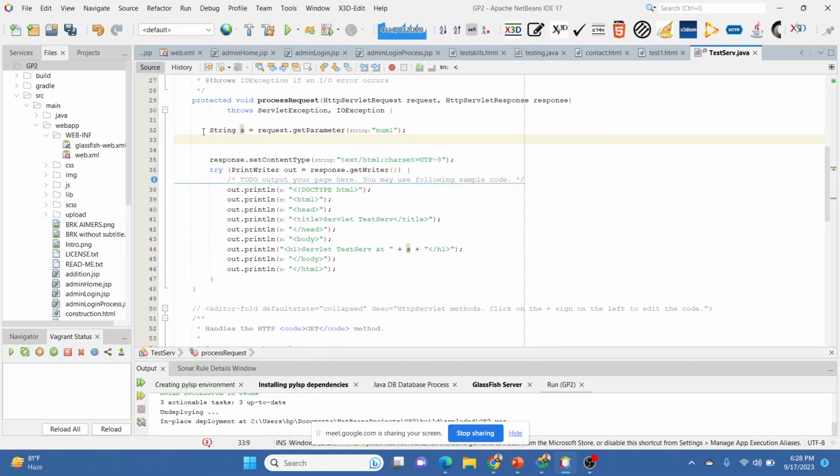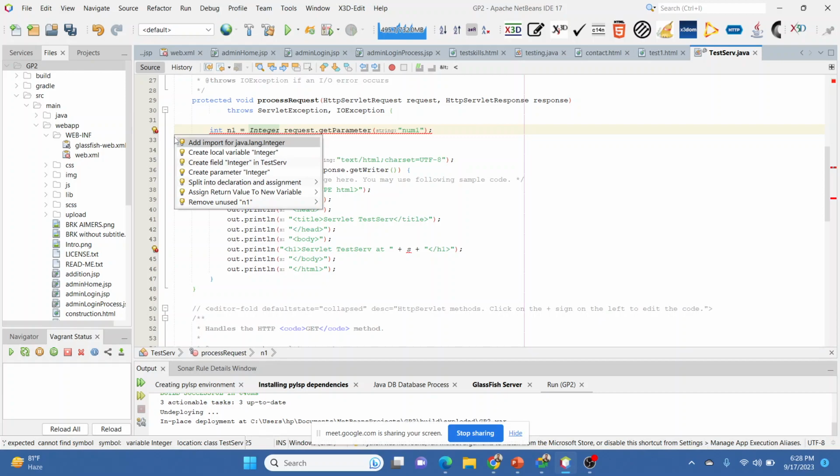so again, till now we are doing the string thing. So integer n1, and now we have to make sure it should be parsed into integer. So we can use the Integer class to parse, and we have to import it from the java.lang package.